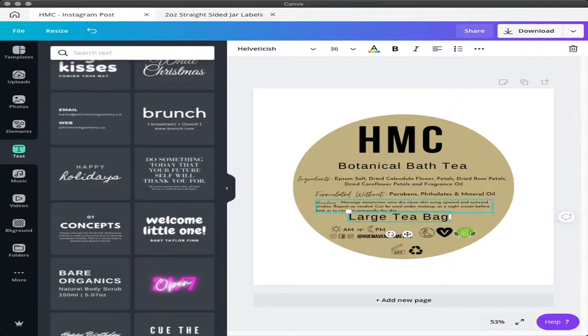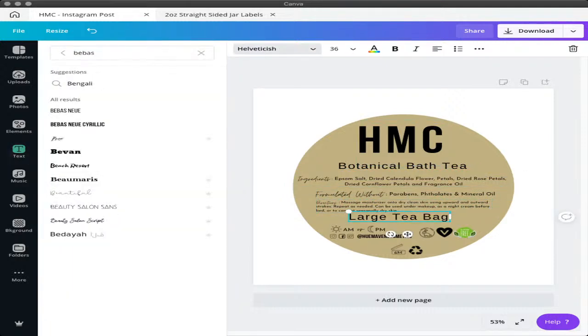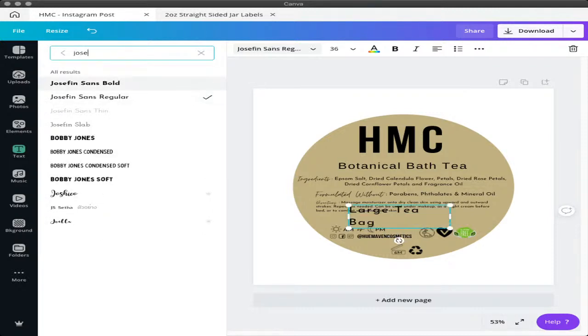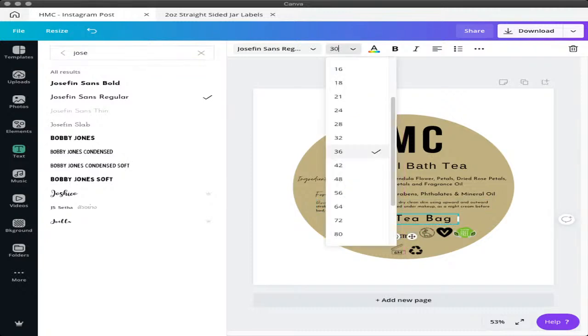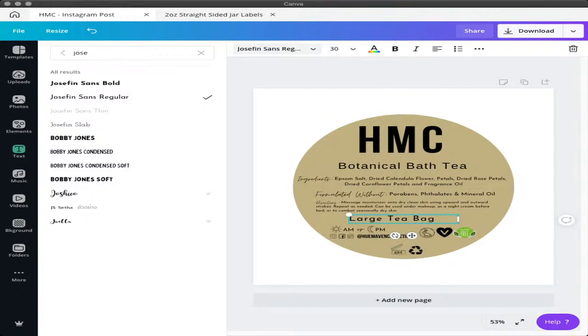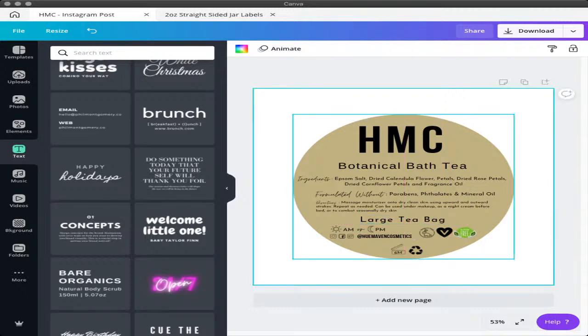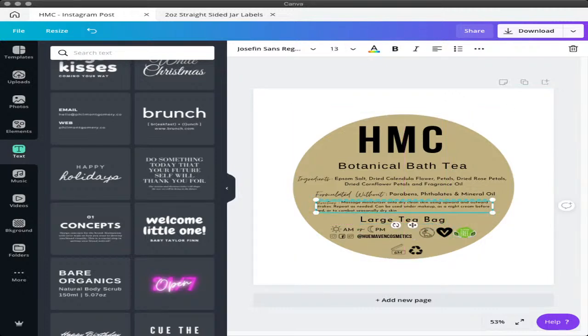And this text, what I'm using for that is Josephine Sans regular. So I'm just gonna type that in. Cool. And then I'm gonna make that box. And I think I'm gonna go with 30 for that one, because we don't want the size of the tea bag to take up too much space. So cool. For the directions,